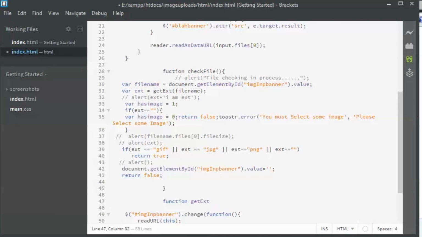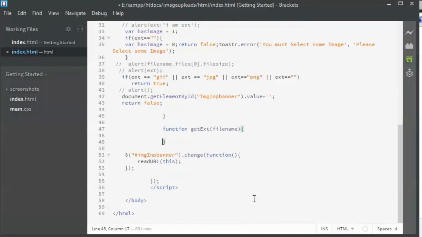We are going to pass in some file name here. This is going to just check the name that is there in the file.